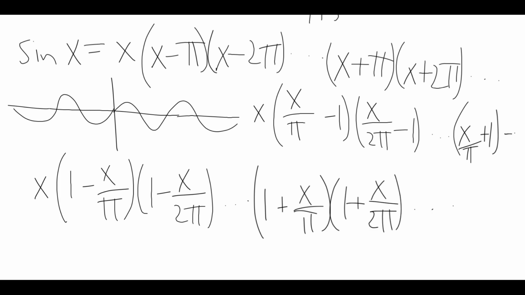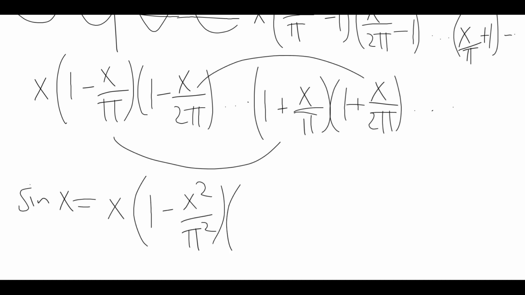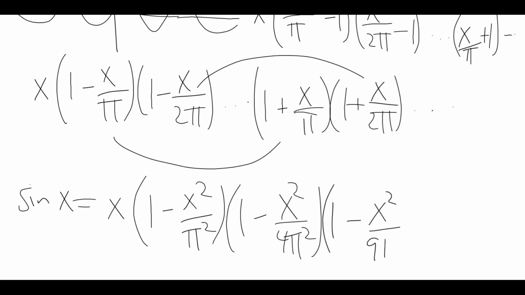Now, this doesn't make sense as written, it still won't converge, but there's one last trick, which is to pair each root with its negative, and then it will converge. So, the final formula is that sine x equals x times, now we have a difference of squares, 1 minus x squared over pi squared, 1 minus x squared over 4 pi squared, 1 minus x squared over 9 pi squared, and so on. Okay, now Euler wrote this down without proving it,